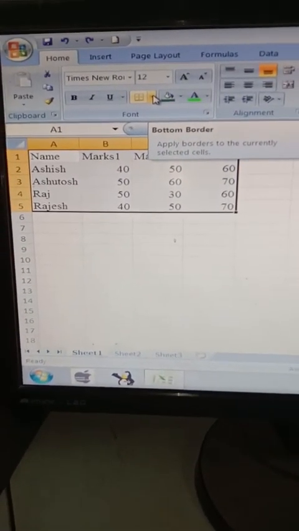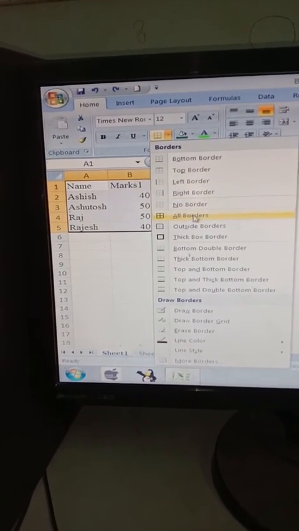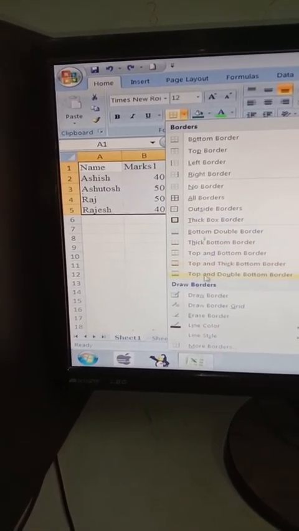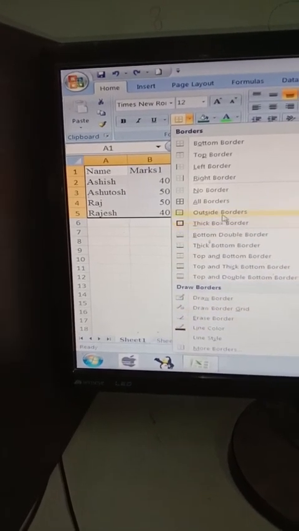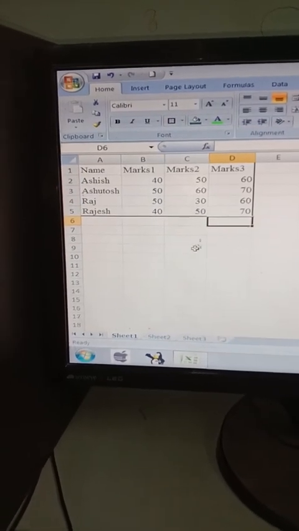Look, the bottom border. As soon as I click on the border option, different types of borders will be available for us. I can select any of the border styles that I want. Suppose I have selected this one, thick box border. As soon as I left click over here, look,